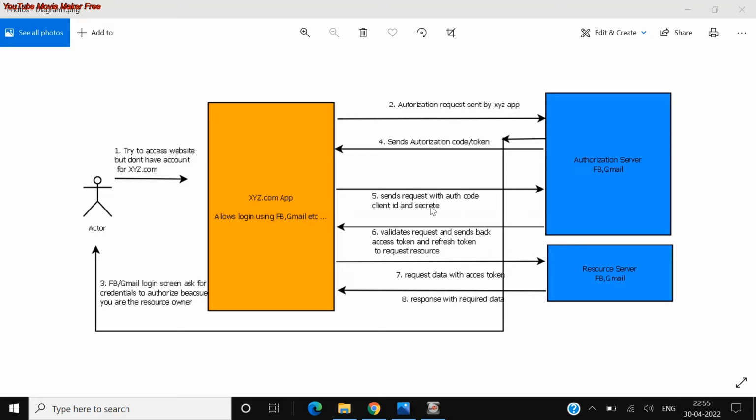The authorization code is issued by the authorization server. The client ID and client secret come from pre-registration, like the XYZ app is already registered with the authorization server. That's why it allows you to log in with Facebook or Gmail. The authorization server always knows about the XYZ app because it is already registered as a client there, so it has already generated a client ID and secret. Any request which comes to the authorization server from this app will have a client ID and client secret